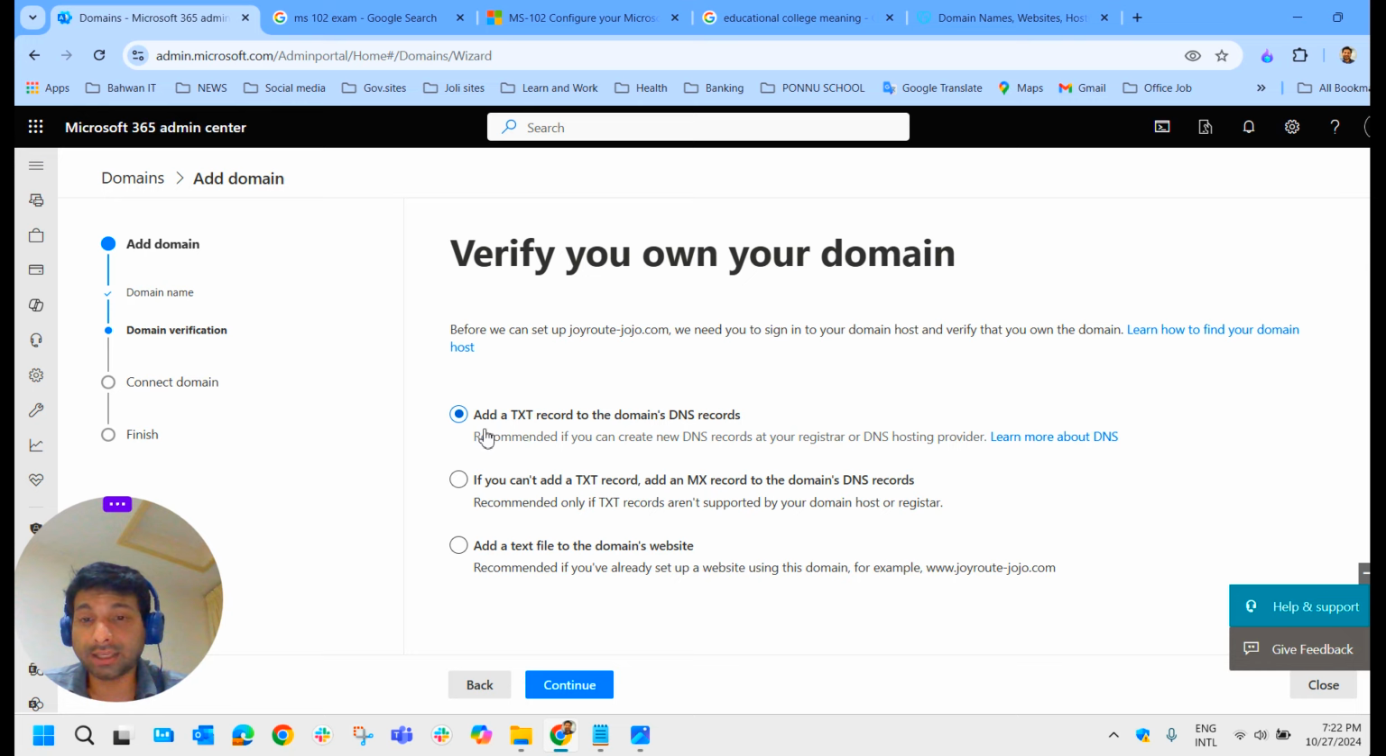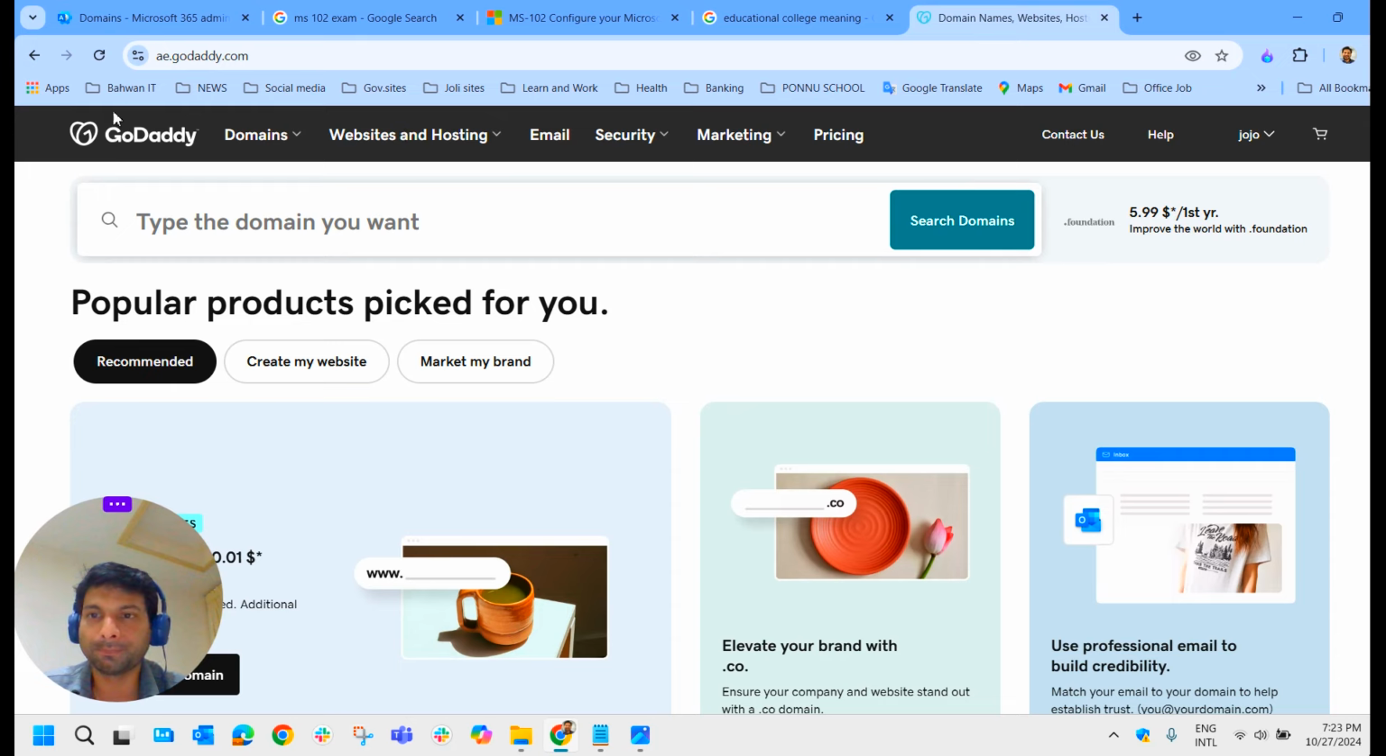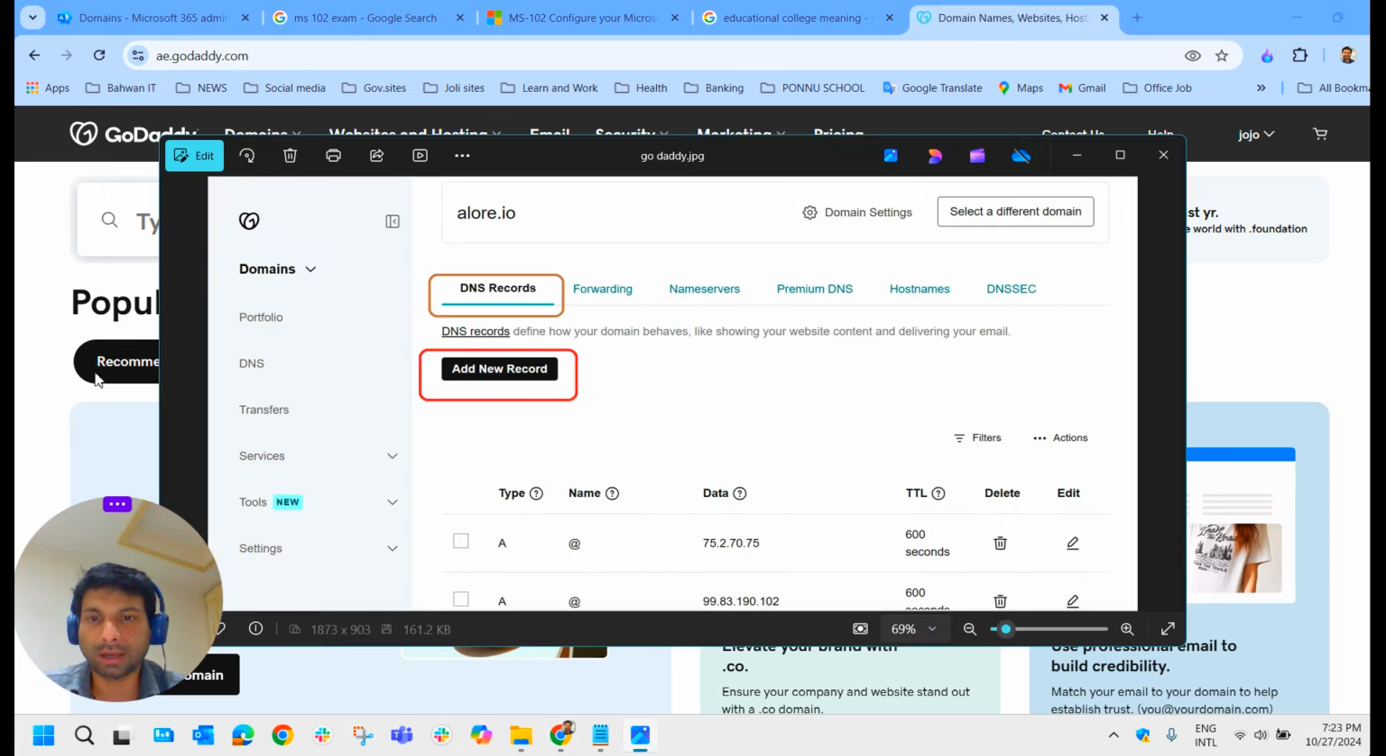So it is asking me to add some TXT record to the domain DNS record. All right. So how can we add that? For that, what you have to do, you have to go to GoDaddy. This is the GoDaddy site, and under GoDaddy,